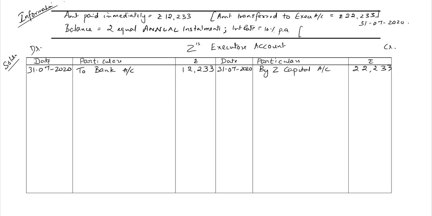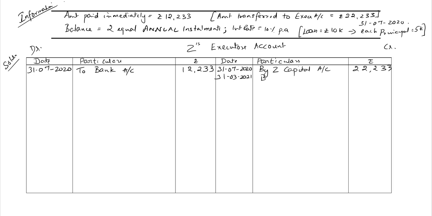Now the loan amount is right now rupees 10,000, and each principal which is included in the installment is equal to 5,000. So let's continue. The next installment is payable on 31st July 2021. But the books of accounts are closed on 31st March. So we'll accrue interest up to 31st March